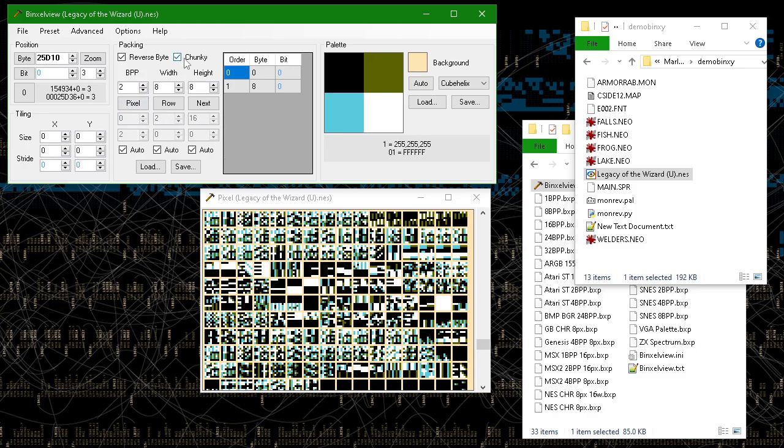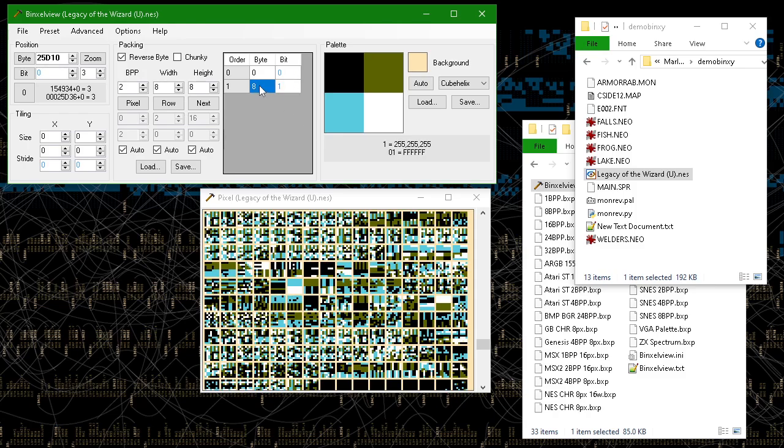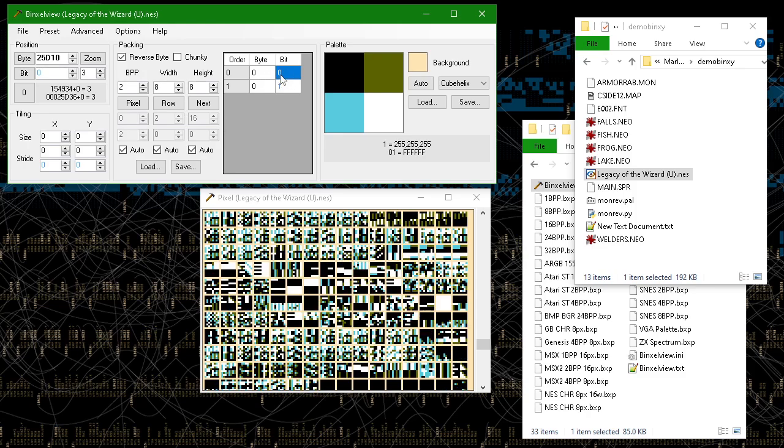But they are not chunky. Chunky means all the bits are contiguous. So you have 2 bits, there would just be 2 adjacent bits in the file. That is not what we have with the NES. So it's not chunky. What we need to do is skip 8 bytes ahead, and this is already entered in from the preset. Normally this would be 0, 1, like there's a bit, there's the next bit, contiguous, 1 bit apart. That would be the chunky version. That's what that means.